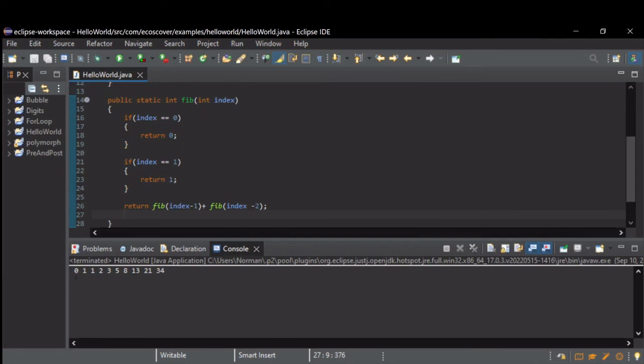The first number of the sequence is 0, the second one is 1, and everything after that is the sum of the previous two. 0 plus 1 is 1, 1 plus 1 is 2, 2 plus 3 is 5, 3 plus 5 is 8,